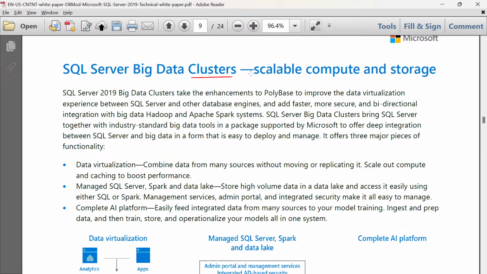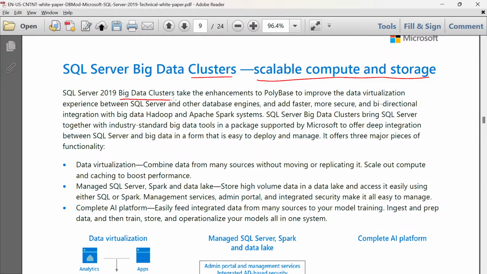Because if you are talking about a cluster of grapes, in a cluster of grapes you cannot have mango. In a cluster of mango you cannot have something else. So we're talking about big data cluster, which provides a scalable computing and storage mechanism. So what happens here in SQL Server 2019?